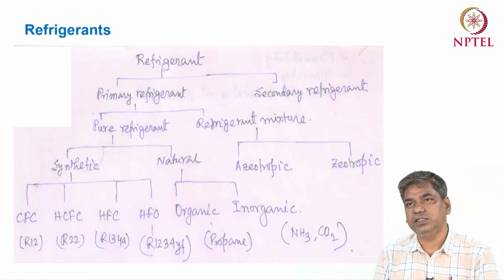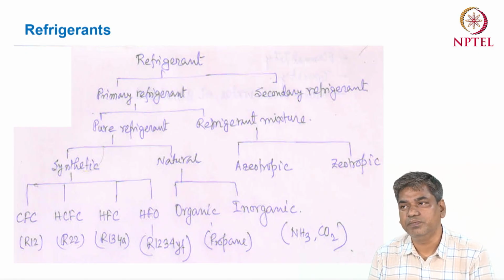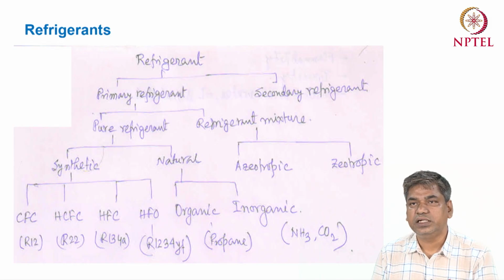In some cases we are not using the evaporator directly for the cooling purpose, or the evaporator is not directly connected with the heat source. For that case we can use some circuit which is basically used to transfer heat from the heat source to the evaporator. For that purpose some heat transfer fluid is used, and that is basically called the secondary refrigerant.